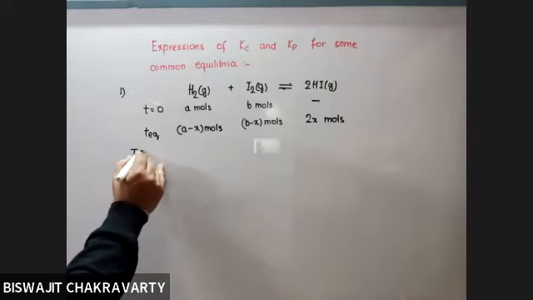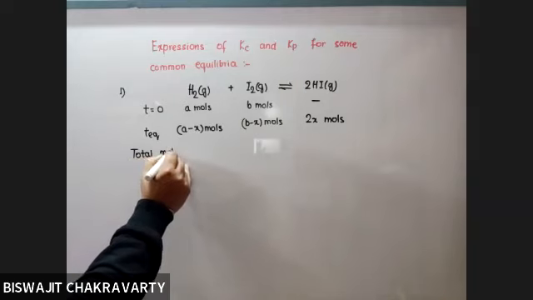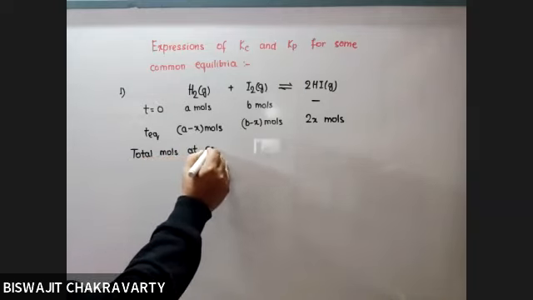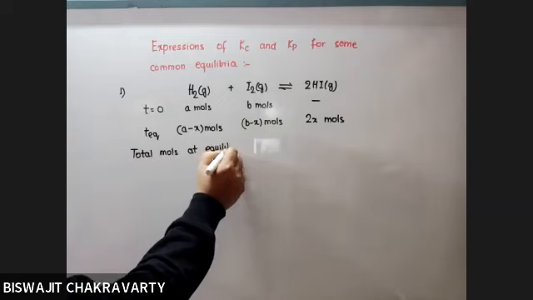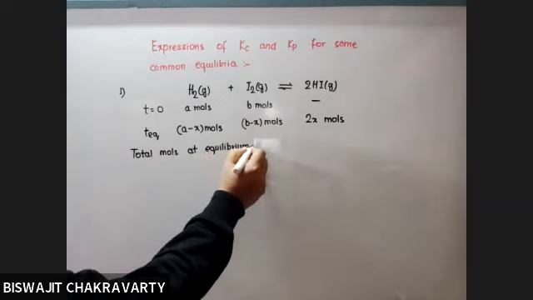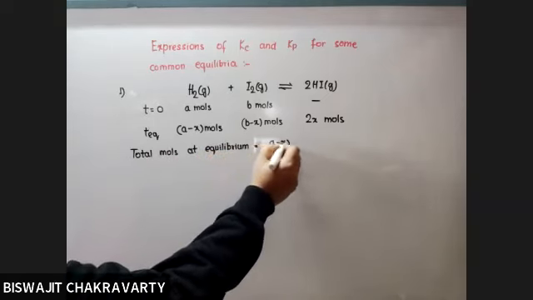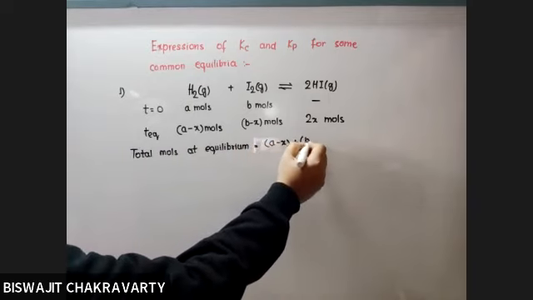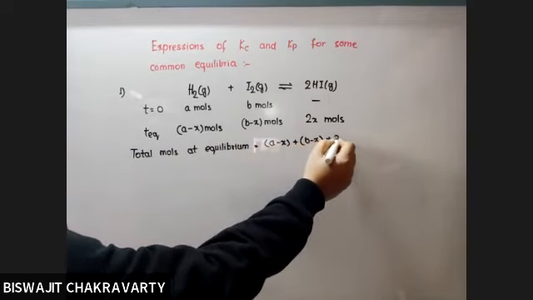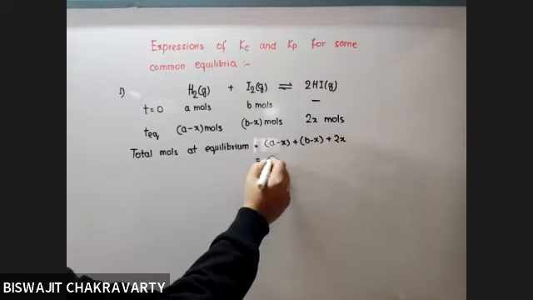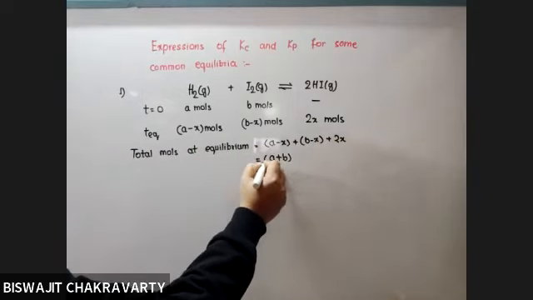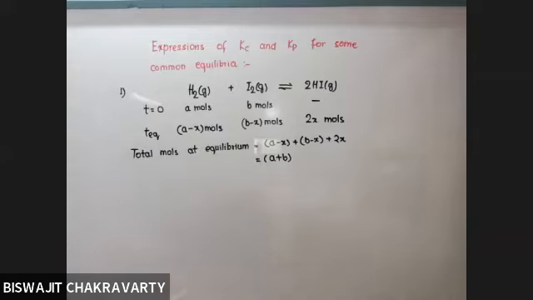Total moles at equilibrium will be A minus X plus B minus X plus twice X, which comes out to be A plus B. So this is the total moles of all the reactants and products present at equilibrium. That comes out to be A plus B. Now,